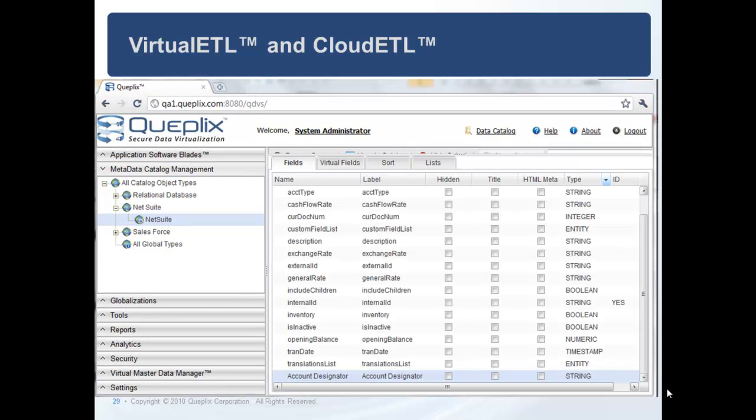You can see, for instance, any of the specific fields, and then you can start to change the labels. I'm integrating all the time, and SAP, I love them, but some of the field names they apply to customer data just don't make any sense, right? You're not looking at the API, you're looking at our dash, so it's all exposed. And this address field is the same in SAP as it is in my new NetSuite system, in my new division, as it is in these 3 instances of Salesforce, but they're all different names. I figured out they're all the same because of color automap that Queplix has provided,